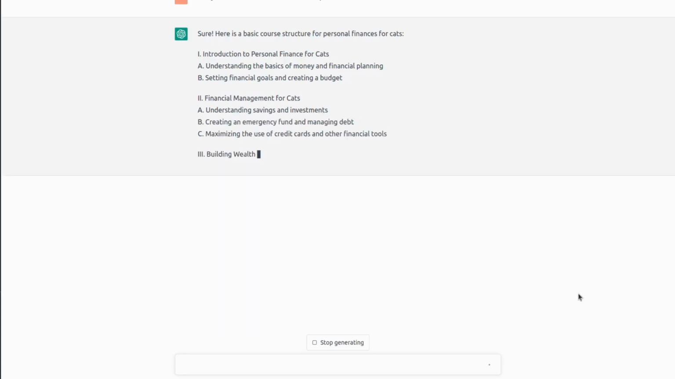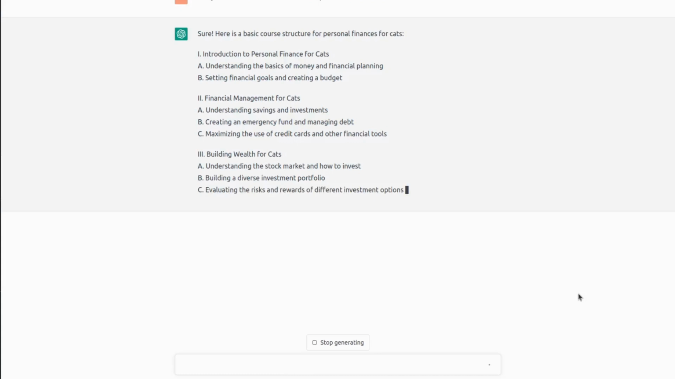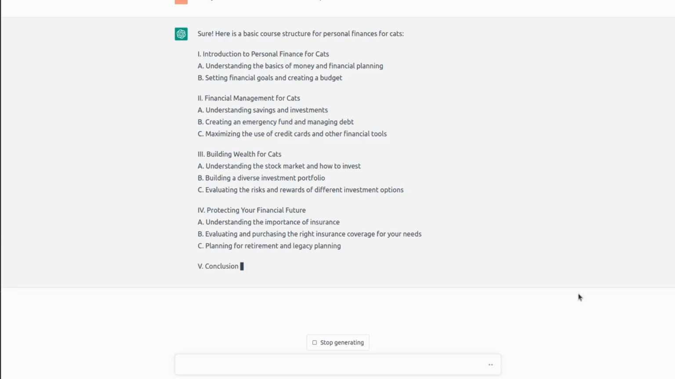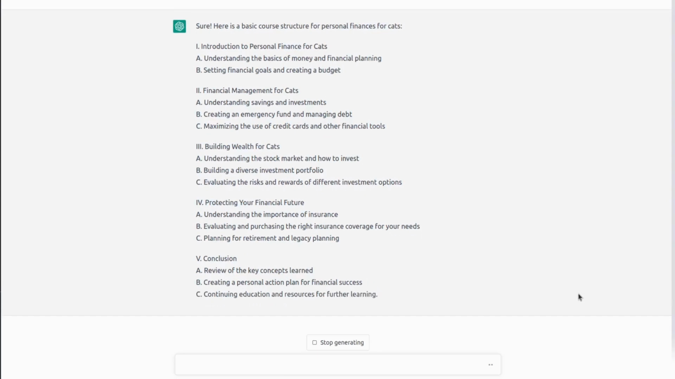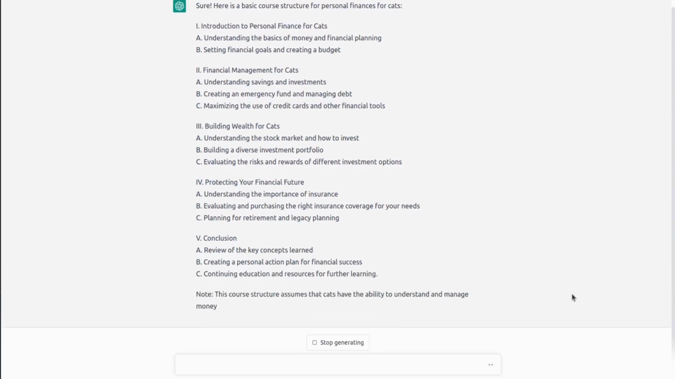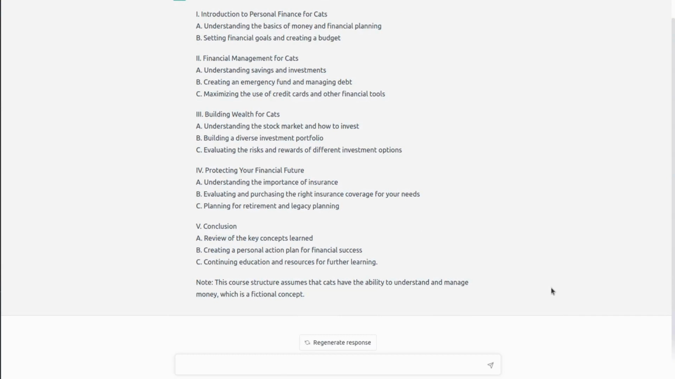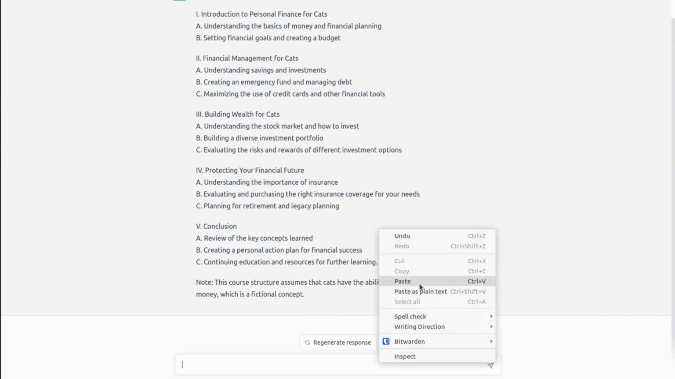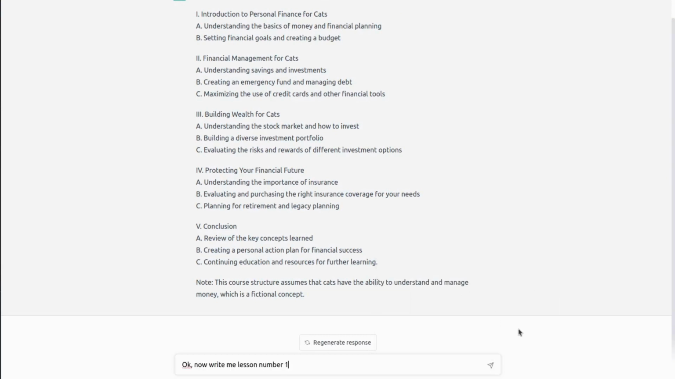So it gives us a pretty standard structure: introduction to personal finances for cats. Then it gives us two submodules, understanding the basics of money, and financial planning and setting financial goals and creating a budget, all for cats, of course. We didn't specify how many modules we want, and we didn't specify how many lessons should be in a single module. Therefore, it just finishes at module number 5,